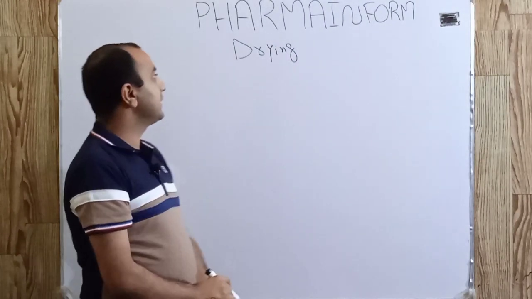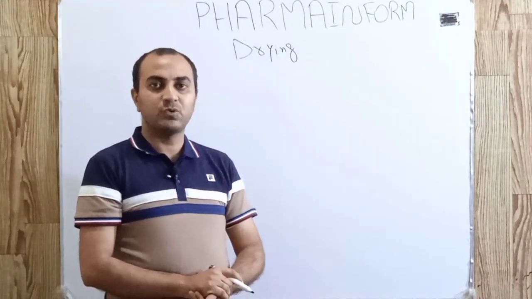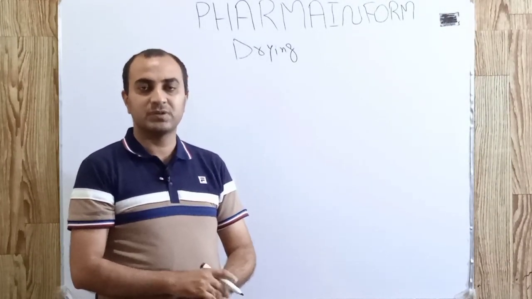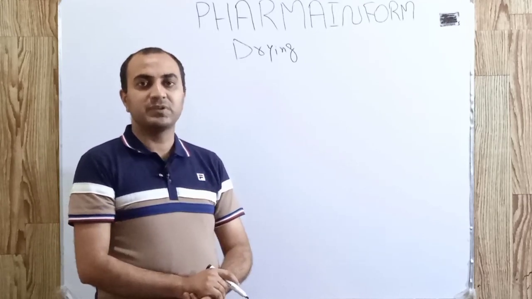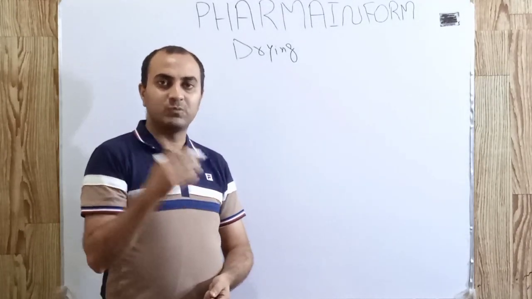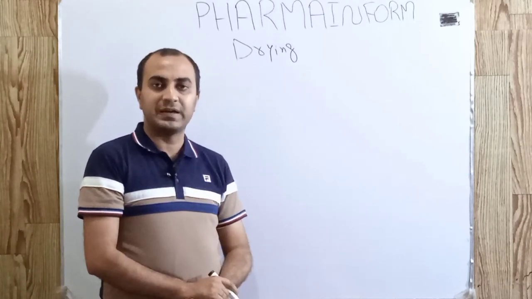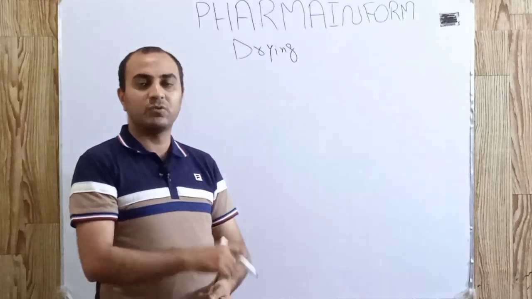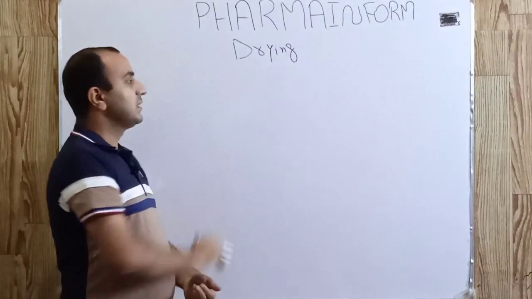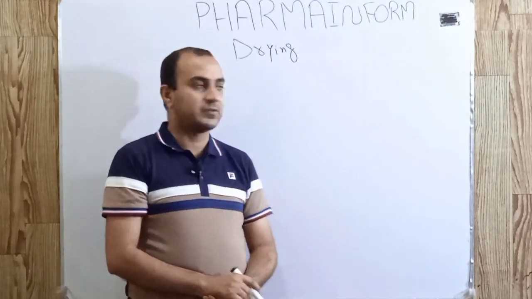So drying, as the name indicates, in this step we dry our product. As you know, in kneading step we add solvent or binder solution into our powder premix to convert fine powders into granules. Mean we add moisture or water to the powders. So the next step is to remove that moisture or that water or organic solvent to get the dried granules. So the removal of solvent or moisture content is carried out in the drying process.